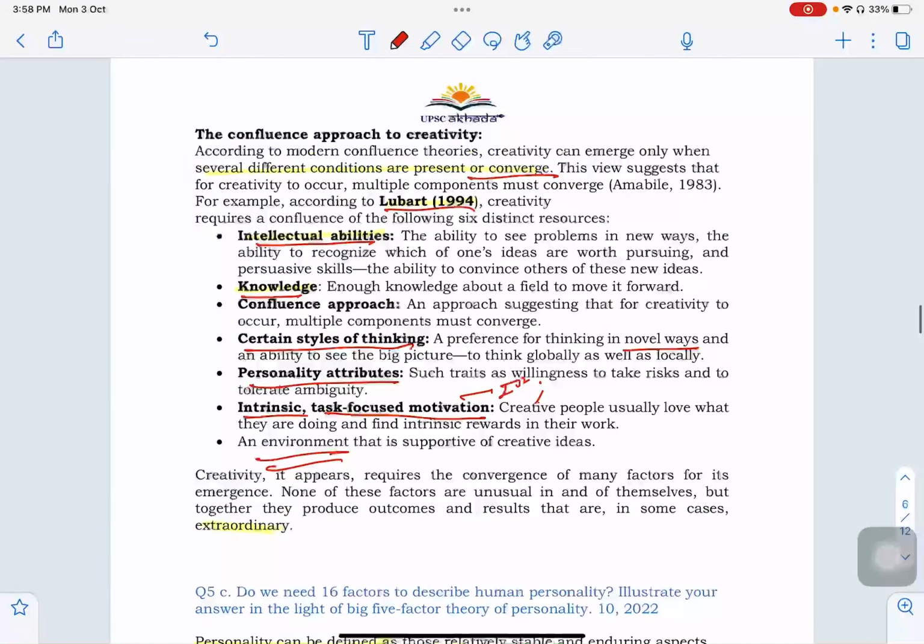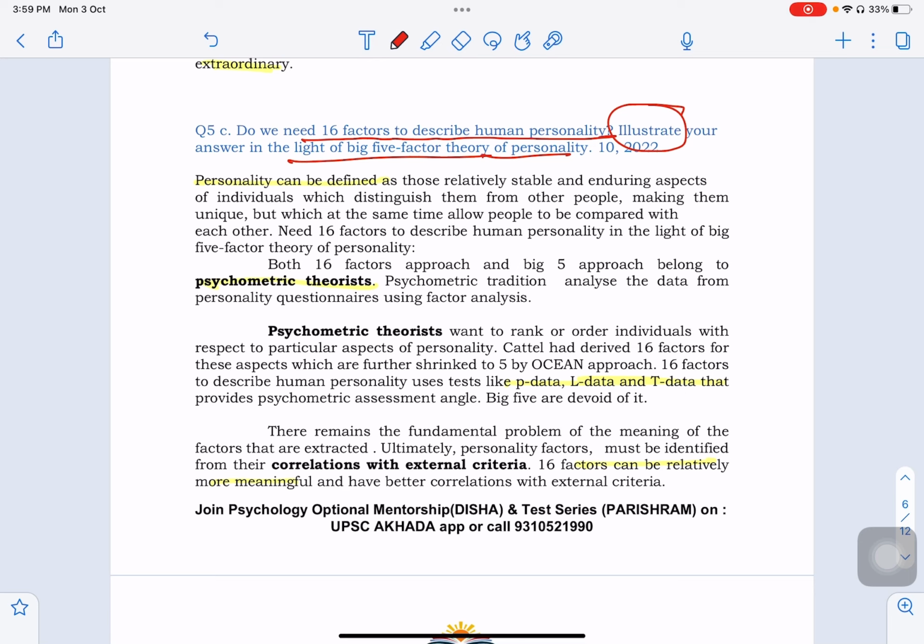I use the para format here because there are 4-5 different aspects I can discuss, and then I simply summarized it. Initially, I defined what is personality, then I directly switched to what is the need. Both are psychometric approaches based on factor analysis, but the 16 factor uses more profound factor analysis aspects and a more in-depth study of traits. So we can study this,